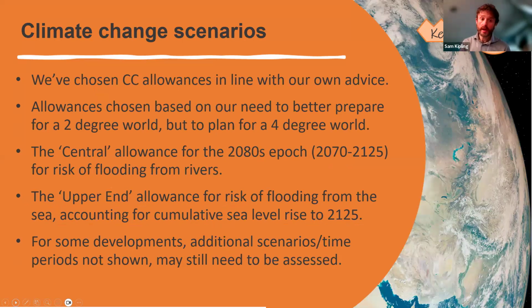So both NaFRA2 and NCERM2 follow our own current climate change allowances guidance. These are based on the current UK CP18 science and relate approximately to a 4 degrees warmer world by 2100. This means the allowances are in line with the guidance used for most planning applications.